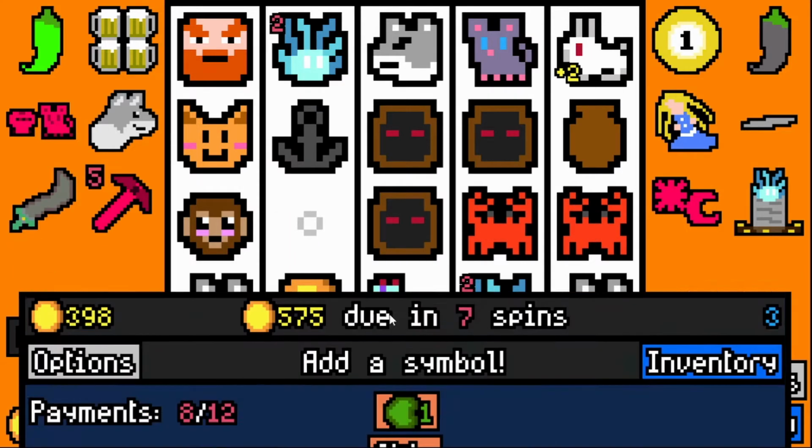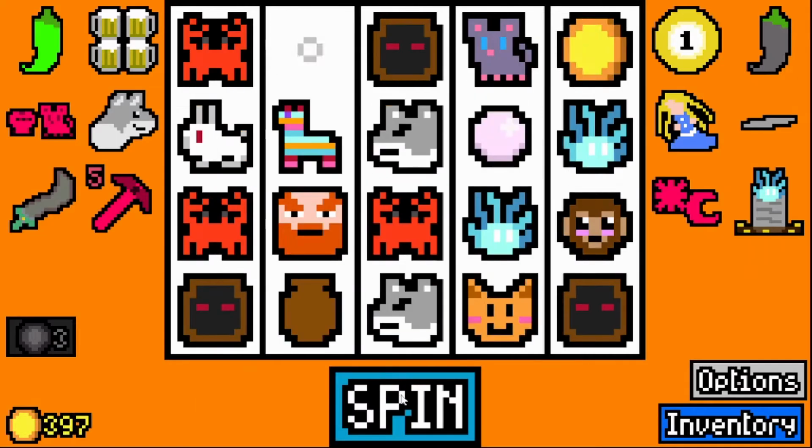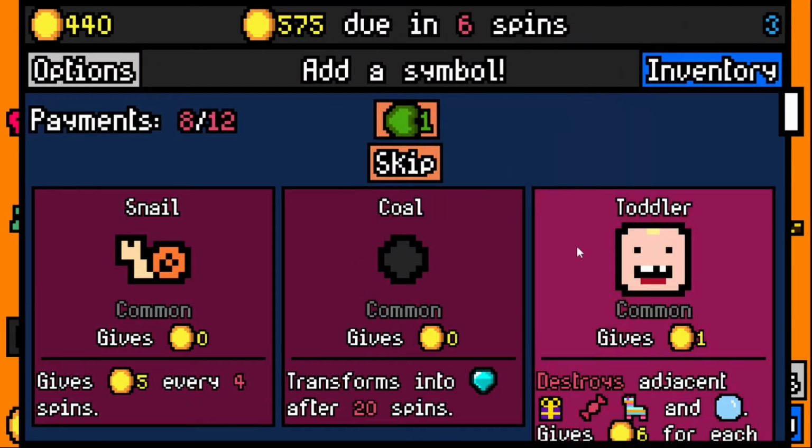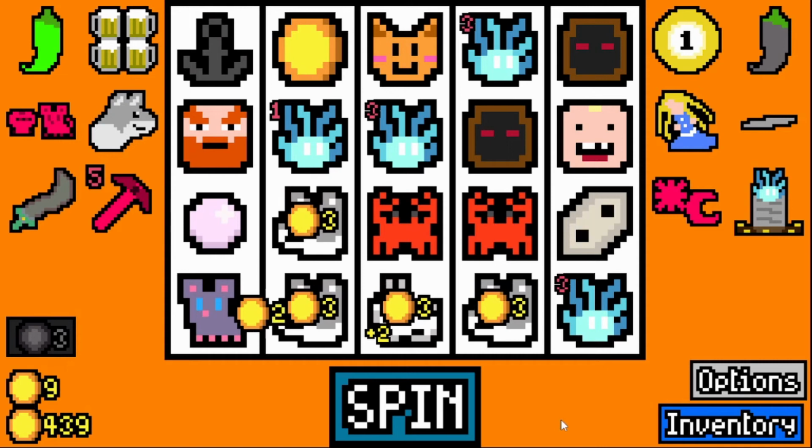So it just kills itself for 8, which is always nice. Another big urn. Hopefully those will start breaking soon with the grave robber. It's a 50% chance. We'll take a toddler just to eat the pinata and we'll remove him after he's done